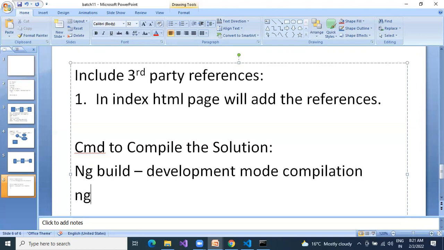Next, ng build hyphen prod. Once your development is completed, as a developer you need to push to the server. At that time, we need to run ng build prod.